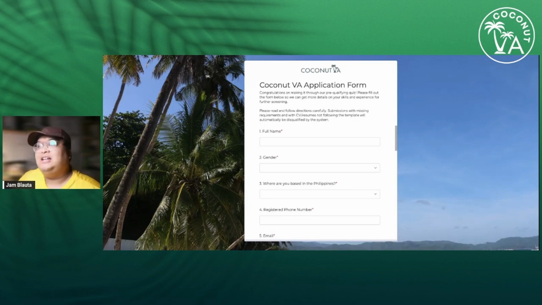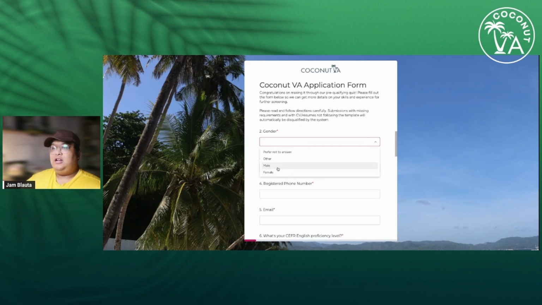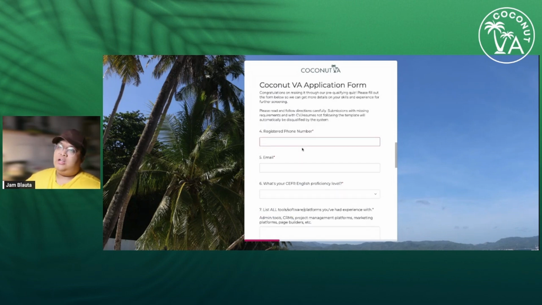And yes, guys, this is really, really shorter. All right, let me go through this with you right now. So, of course, go through your full name. John Blauta, gender, male, where you're based in the Philippines, Luzon, registered phone number 0917 123 4567.